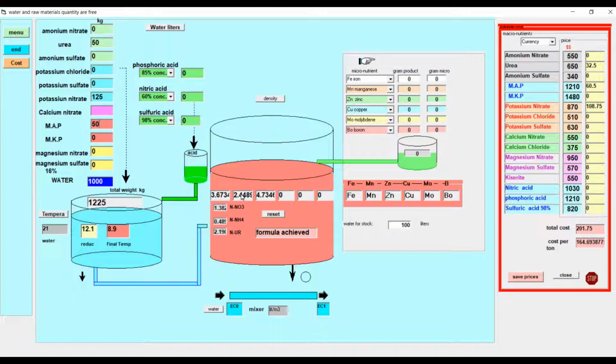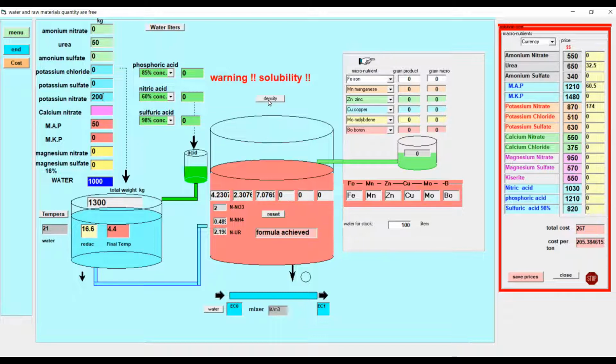The temperature at the beginning was 21 degrees. Because the reaction is endothermic, I have a reduction of temperature. Now, suppose that I put 200 kilo of potassium nitrate. I have a warning about solubility, I cannot do it. One of the possibilities is to heat the water. If I use a different water, hot water, for instance, if I'm heating the water,